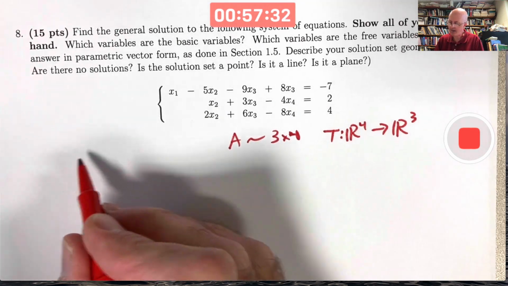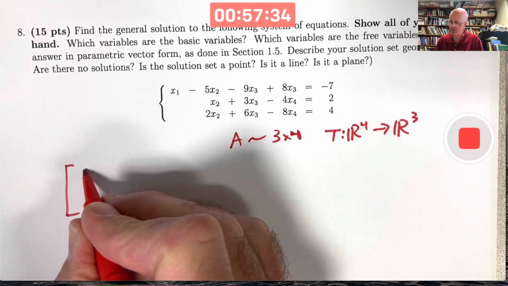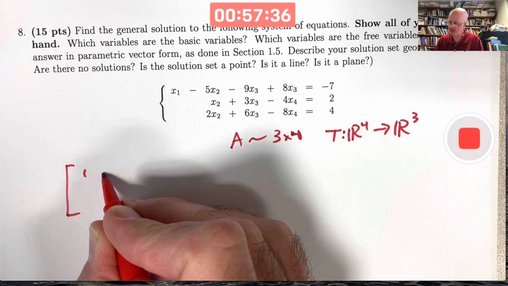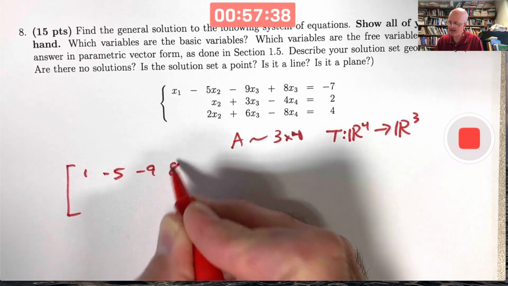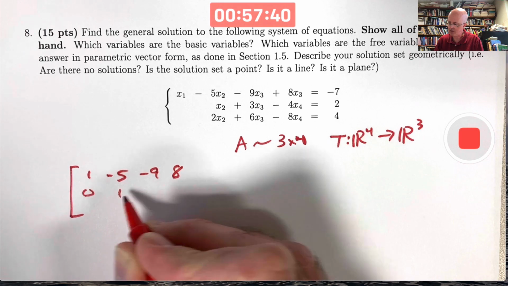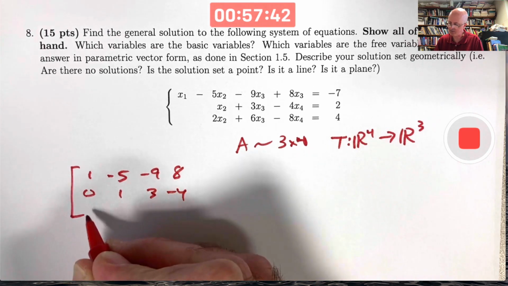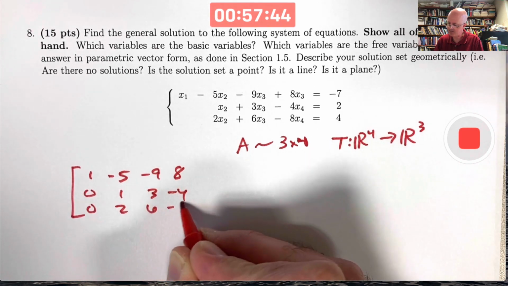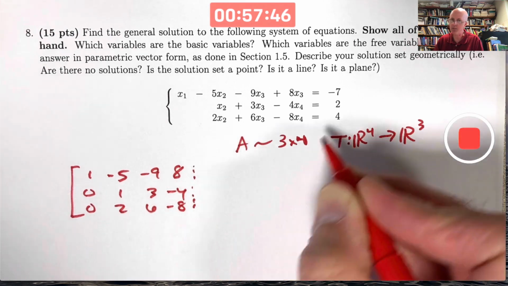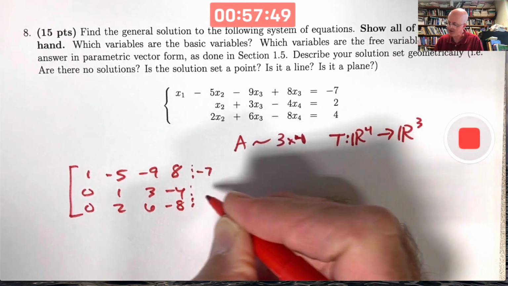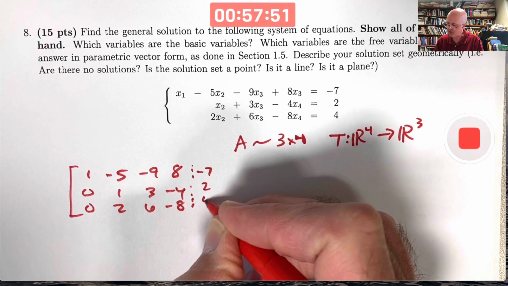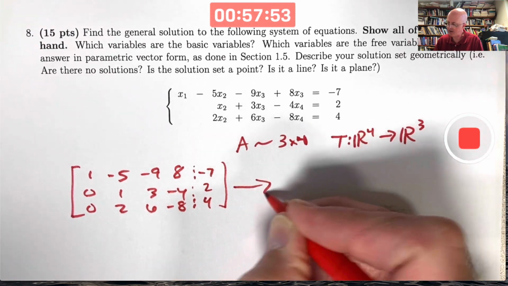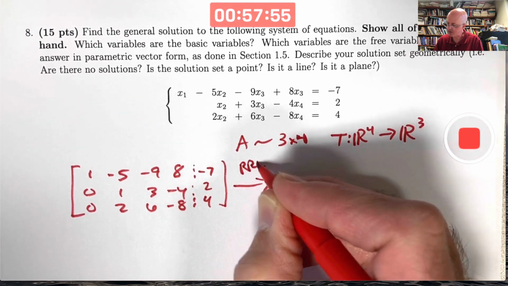You'd want to create an augmented matrix. The coefficient part, the first row is 1, -5, -9, 8. Second row is 0, 1, 3, -4. Third row is 0, 2, 6, -8. But it's going to be an augmented matrix with the numbers from the right-hand side after the dashed line, -7, 2, and 4. And you do want to do row operations on this to get it to reduced row echelon form,